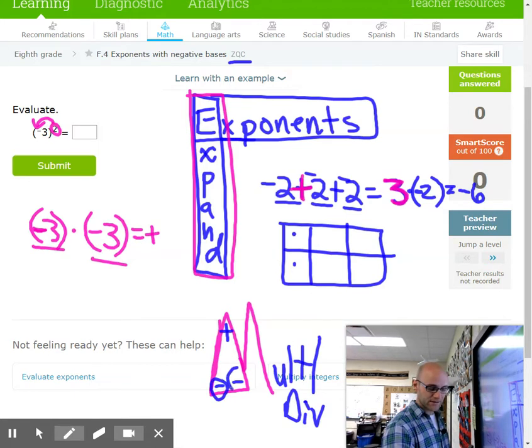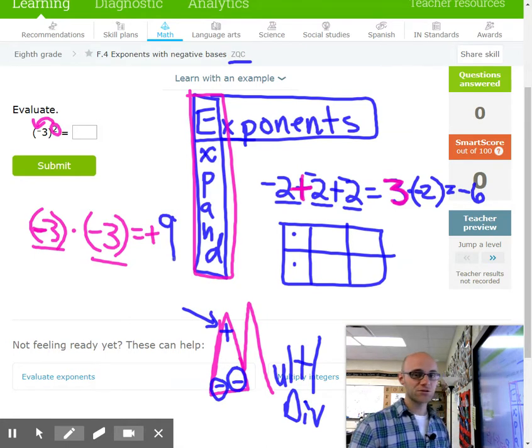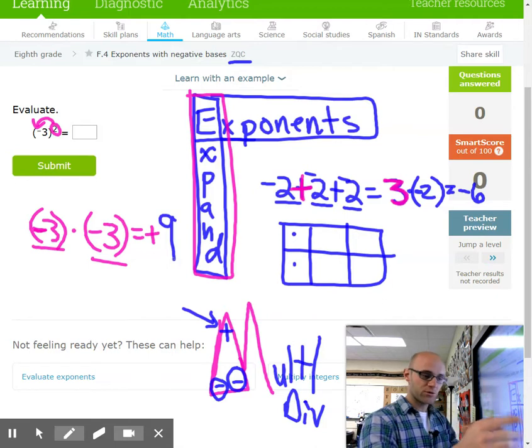Negative times a negative is going to equal the one that's not circled, in this case, positive. So you can use that triangle if that helps you. I have a lot of students who just draw that triangle every time just because the conceptual thoughts are a struggle for them. I hope you can get to where you understand conceptually that one negative makes it negative and